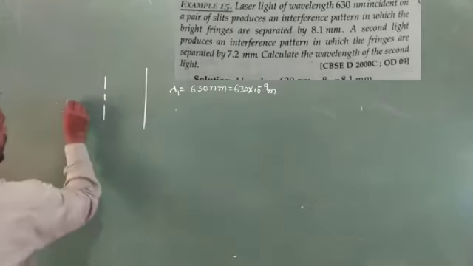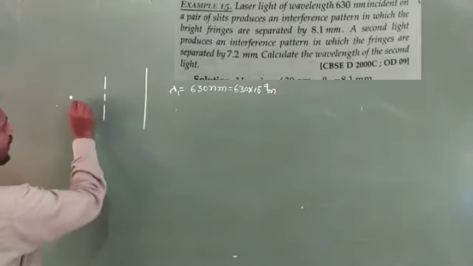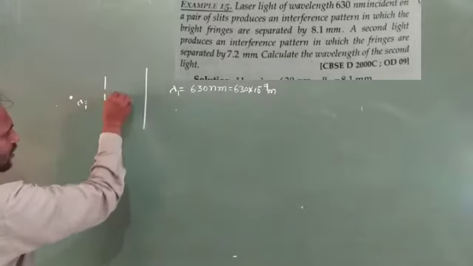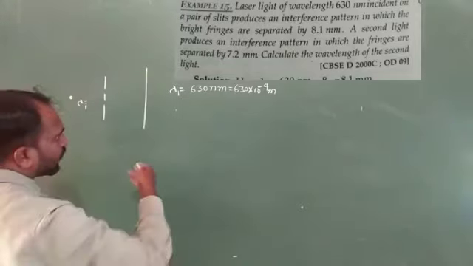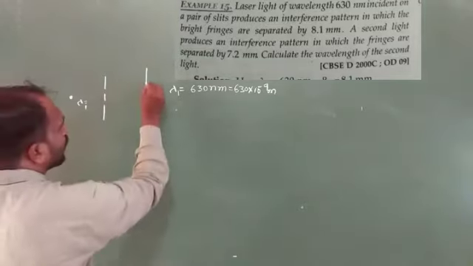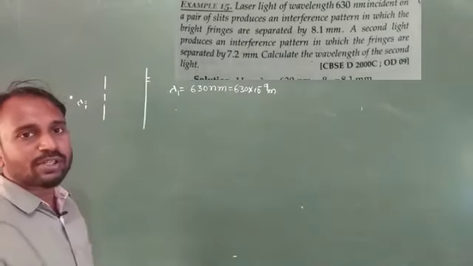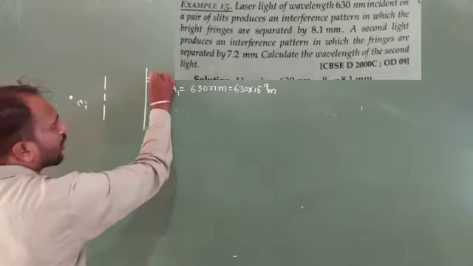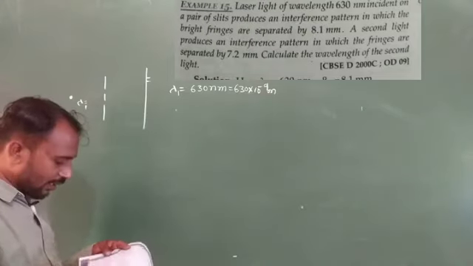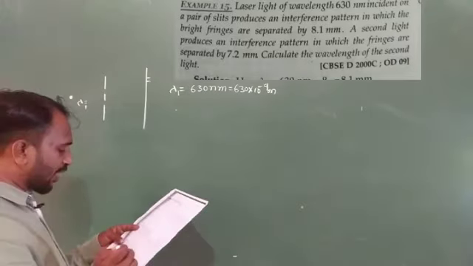So here we have a double slit, and this is the laser light with wavelength lambda 1, and we get crest and trough. On the screen we will get an interference pattern, that is, bands. Suppose this is a bright band, the separation between two dark bands, so here we get the fringe width of a bright band. Already given is the separation between bright fringes.